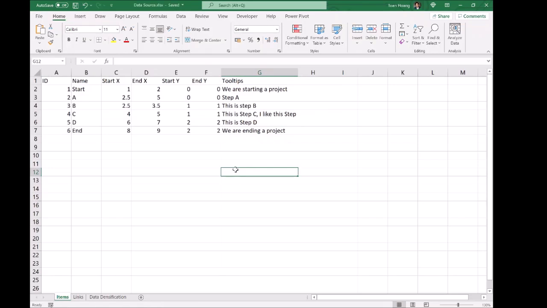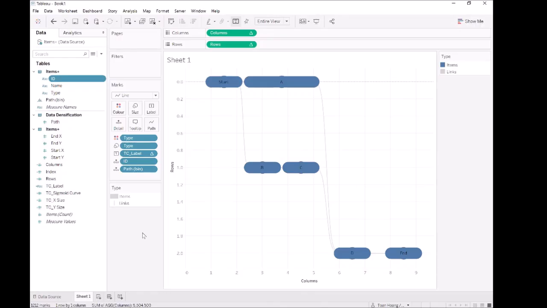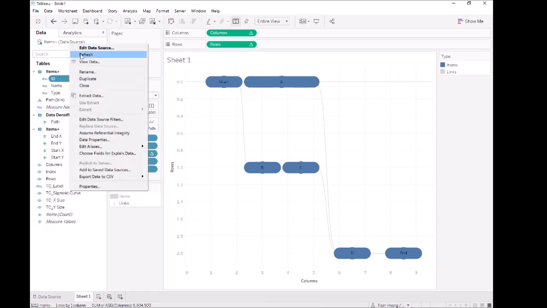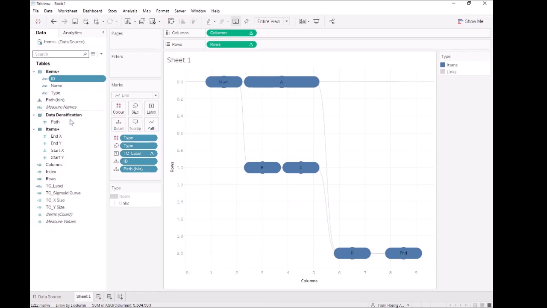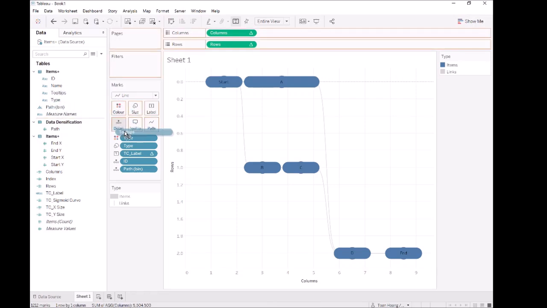And now let's reload this in Tableau, and hopefully the tooltip column will now appear and we can make use of it in our data visualization. So let's refresh our data source. Right click, refresh. And now we have a new column called tooltips. This is pretty neat. If we drag tooltips, however, onto tooltips,